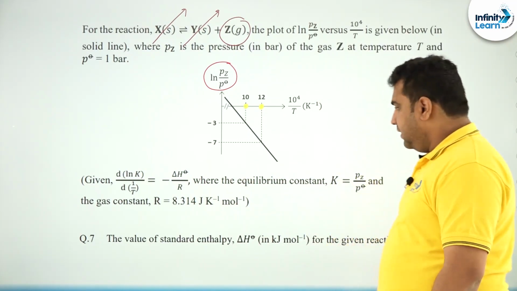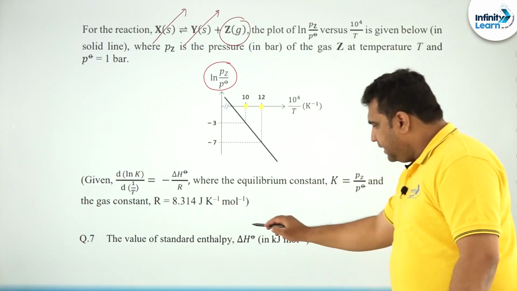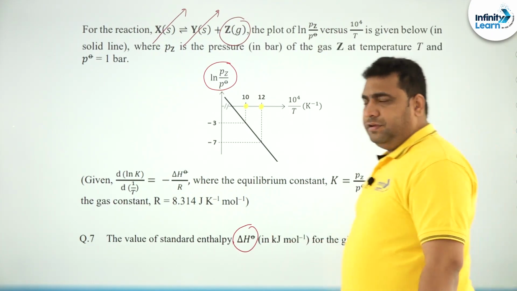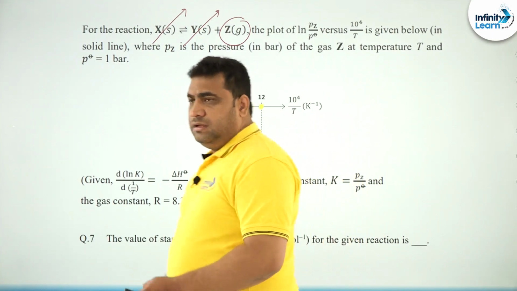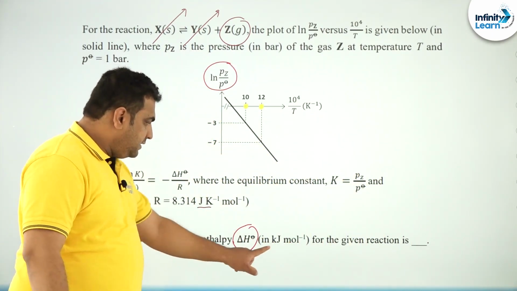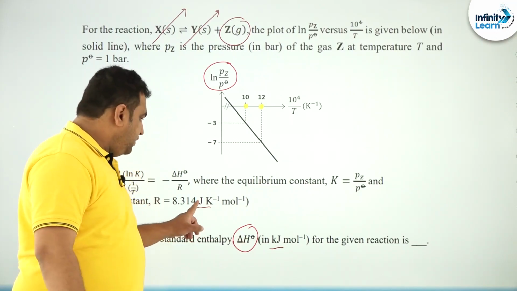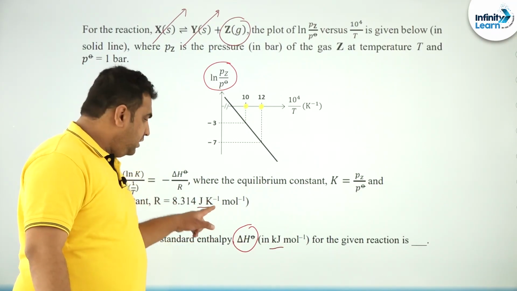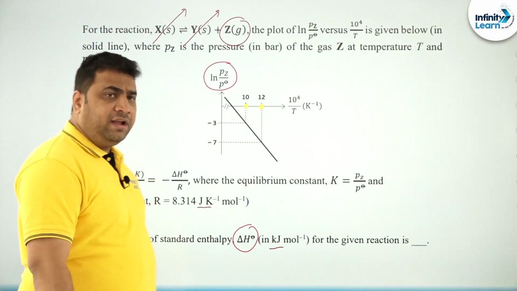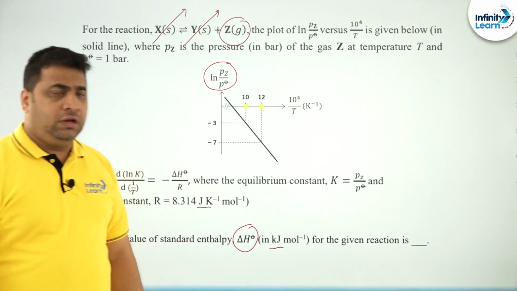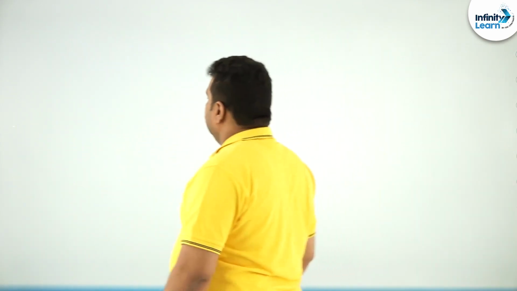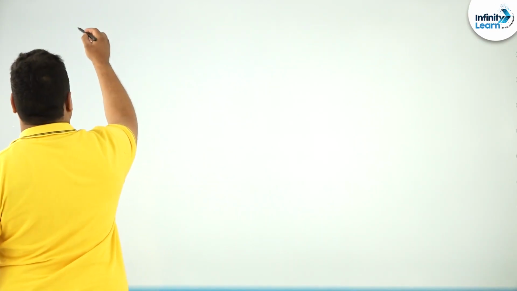And the first question he is asking is the standard enthalpy H naught in kilojoules. I hope you are very much familiar with the conversion. Here you can see the data is given in joules, you are asked for kilojoules. That means once you get the answer in joules, you have to convert it to kilojoules, right. Now moving further, how to solve this problem? So first we will solve this seventh one.